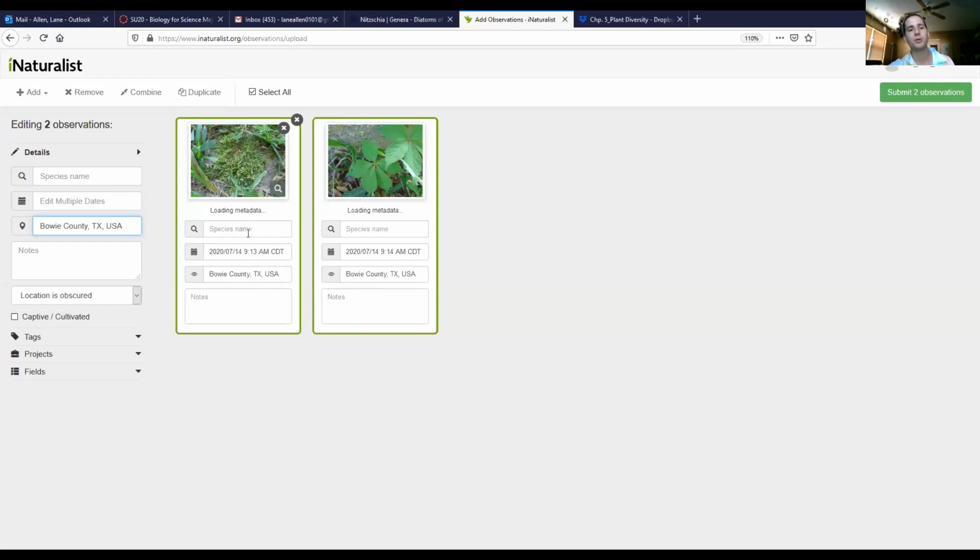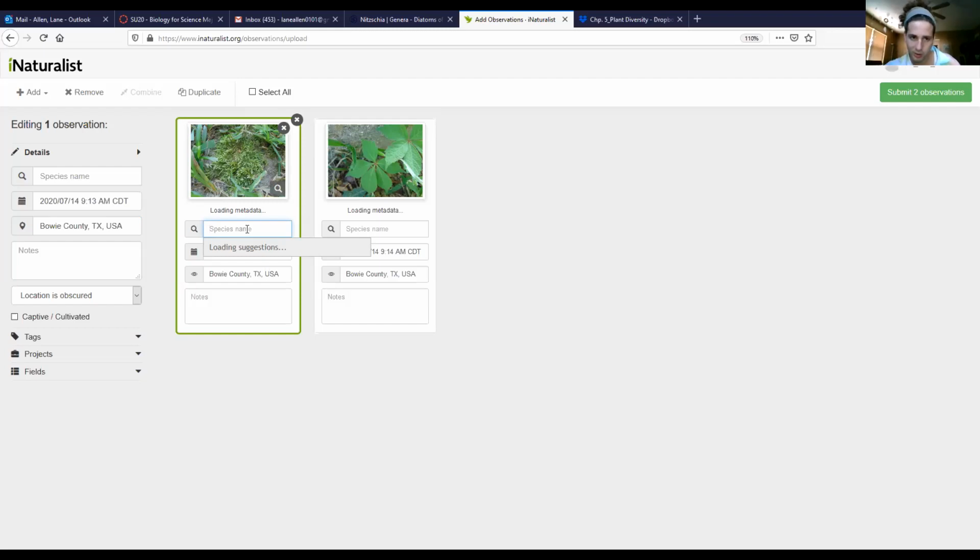So now we need to say what we think they are. Now, your IDs at this point don't really have to be correct. What I'm looking for is for you to get the class, or if it's a moss or a liverwort, the phylum correct. Okay, so on this one, if you just click the species name and give it a moment for